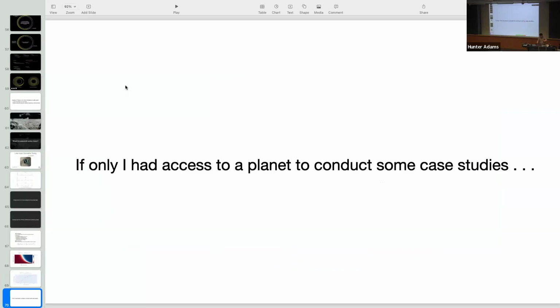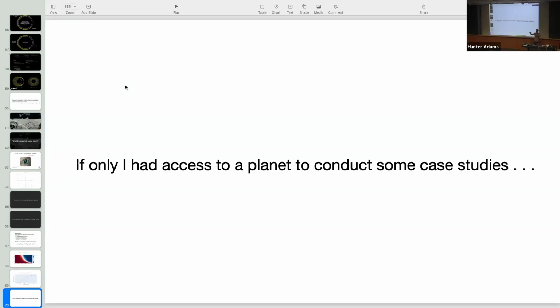And I'm just going to go through this last section quickly. At this point in my graduate work, I realized that I had been making all these claims about the utility of these things as tools for doing planetary science. And it occurred to me that I should probably do some planetary science to substantiate those claims. The easiest planet on which to conduct such experiments is Earth, obviously. And as long as I was going to be using these things to do planetary science on Earth, I wanted to be slightly strategic about this.